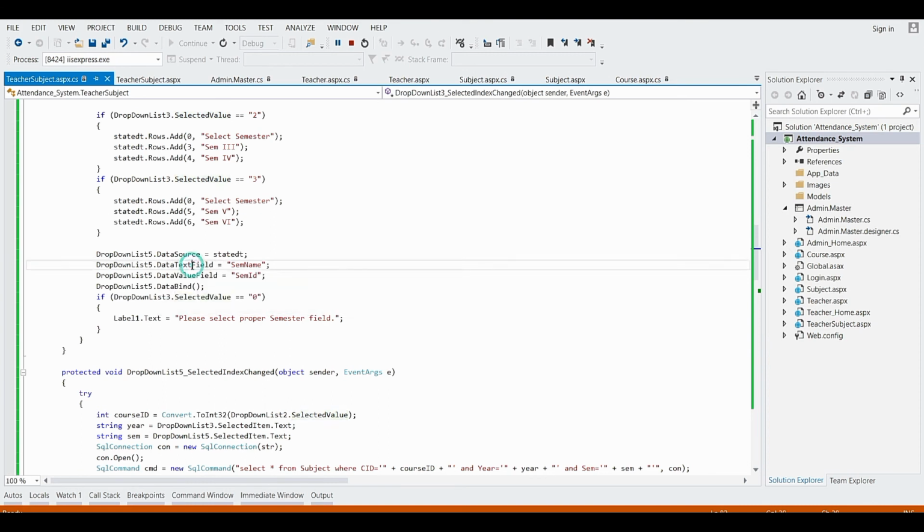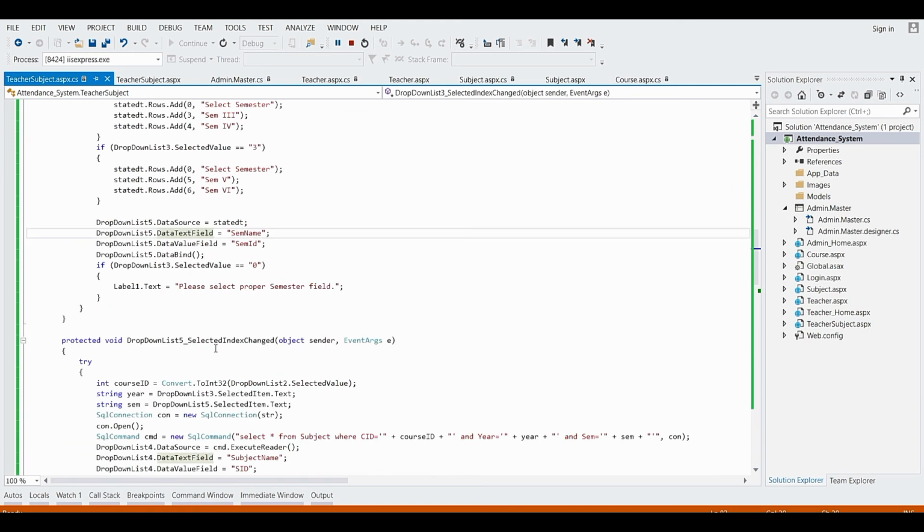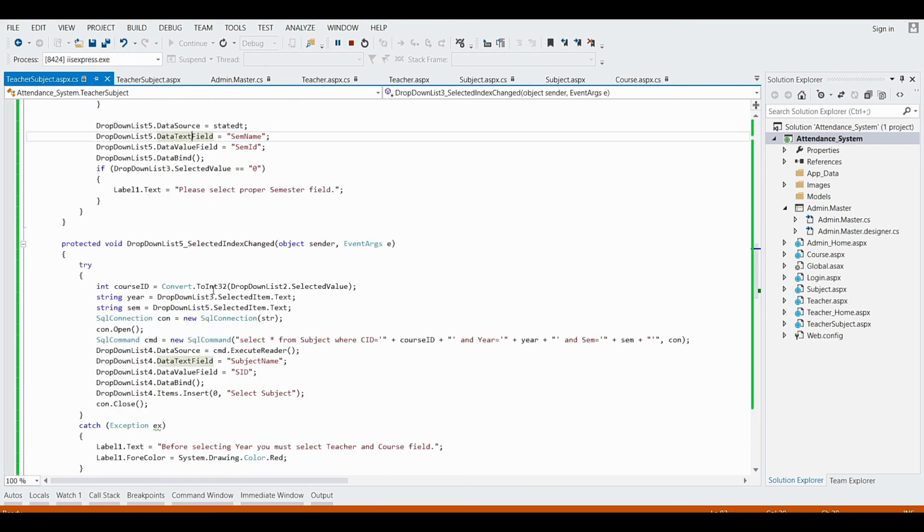The data text field, the value displayed to the user, comes from the sem name column which we have added here in the data table. And the data value field is SEM ID, the first column which we have added. Now we have to bind that data, that is why we have used the data bind function.